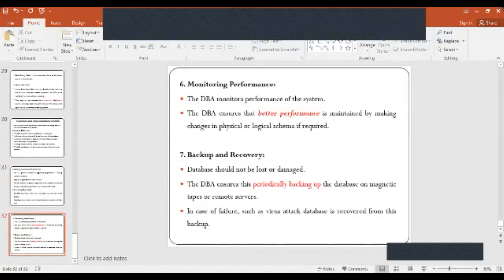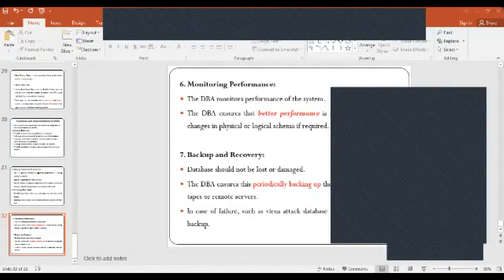Next is monitoring performance. The database administrator has to ensure that better performance is maintained in the physical and logical schema if required, so he keeps monitoring the performance. Next is backup and recovery. He ensures periodic backing up of the data.